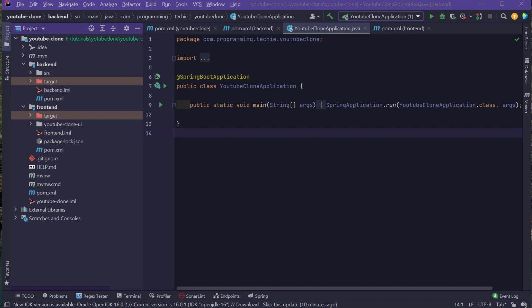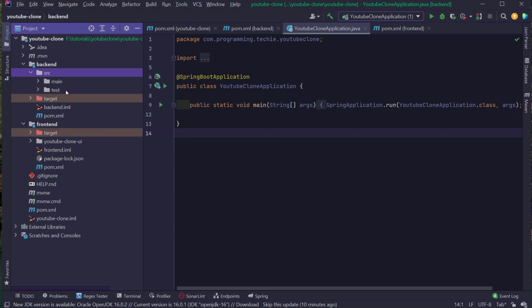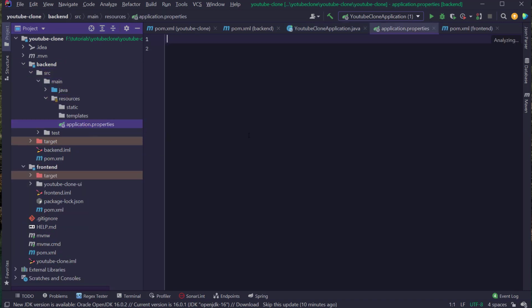Once you have downloaded and installed MongoDB on your local machine, the next step is to configure the MongoDB properties inside our Spring Boot project. For that, I'm going to open the application.properties file under the backend folder, in source main resources application.properties. Under this file, I'm going to type in the properties of MongoDB. So for that, I can type